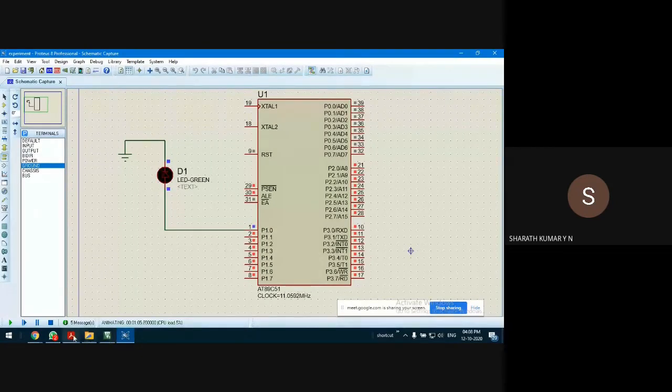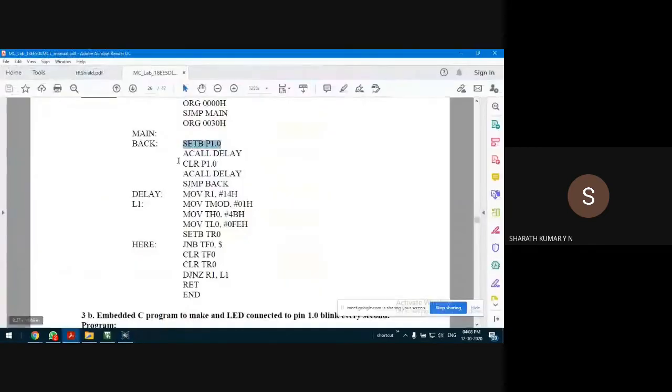if it is an output pin, we have to clear the pin to 0, because we know that when the microcontroller is reset, all the pins are configured as input pins. So first we have to clear the pin and then give the program. But since we are going to alternately blink, alternately toggle the pin, it is changing from high state to low state and low state to high state with a delay.